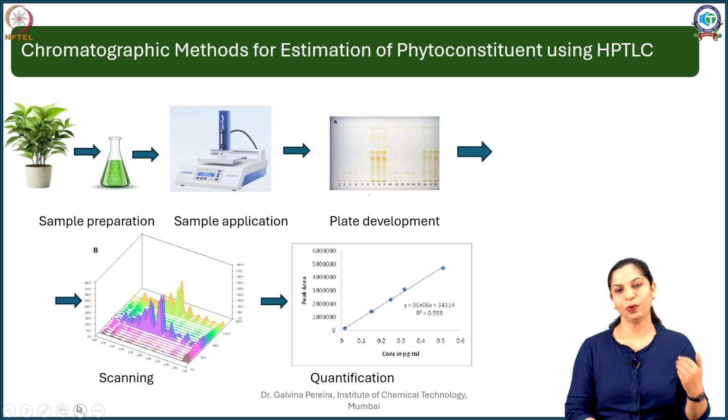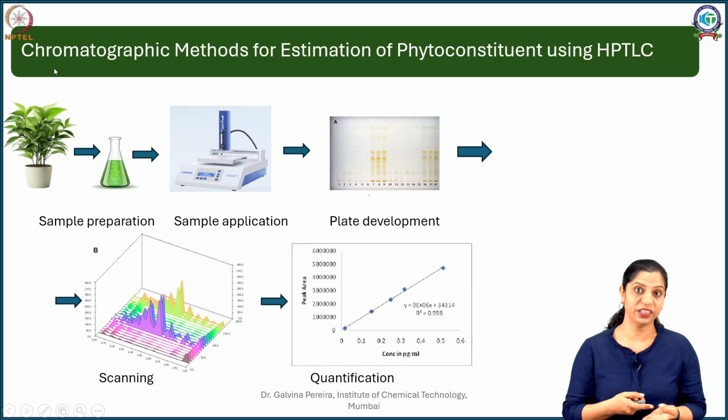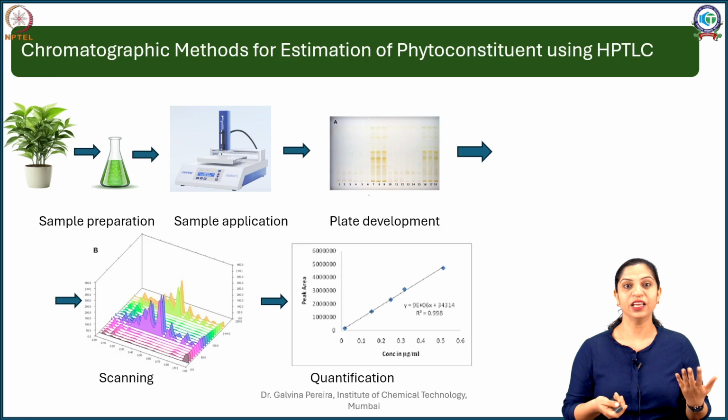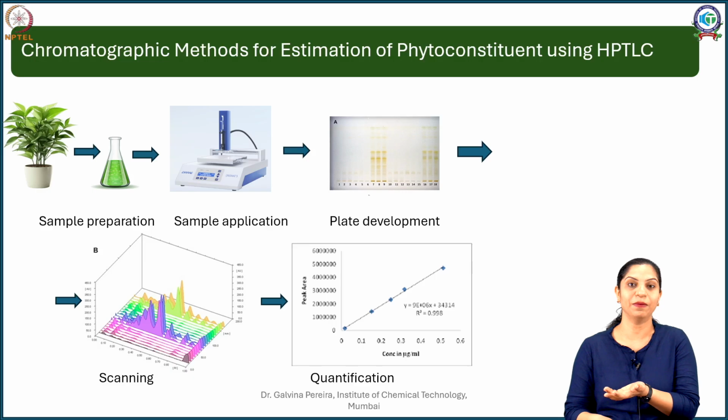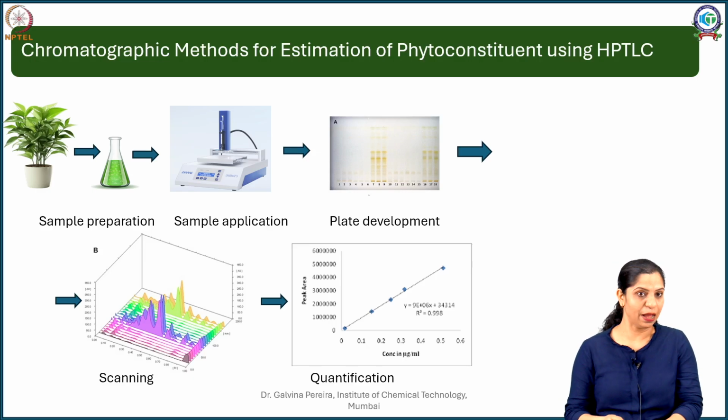For this, a quick stepwise sequence would be: the first step is you take your material of interest. This material of interest can be a herbal drug, a herbal preparation, a herbal medicine, polyherbal formulations, or in some cases even substances which people claim as herbal or natural. Say for example herbal shampoos, wherein the amount of actives or herbals added is very small, but whether they are being added or not, and how much, we can still quantify with the help of HPTLC. So you start with any sample of your interest.